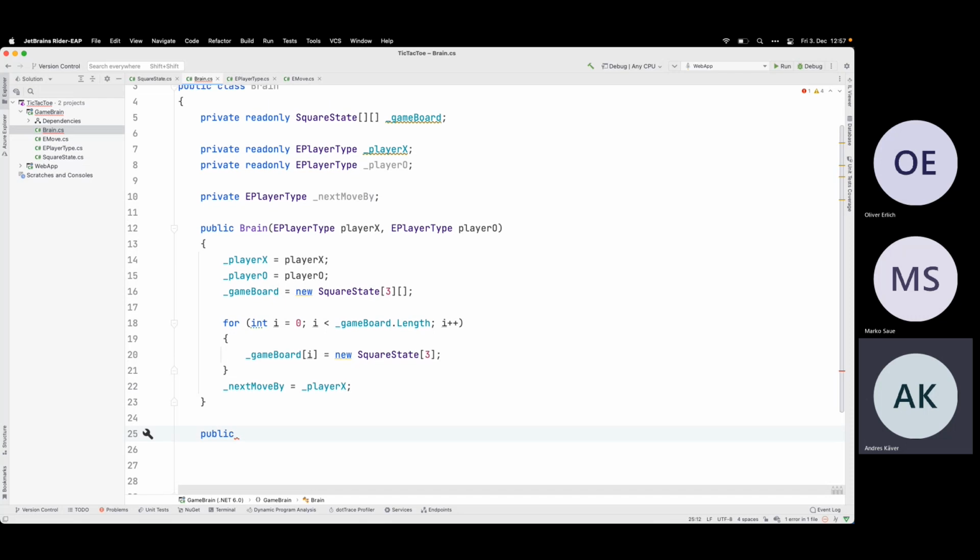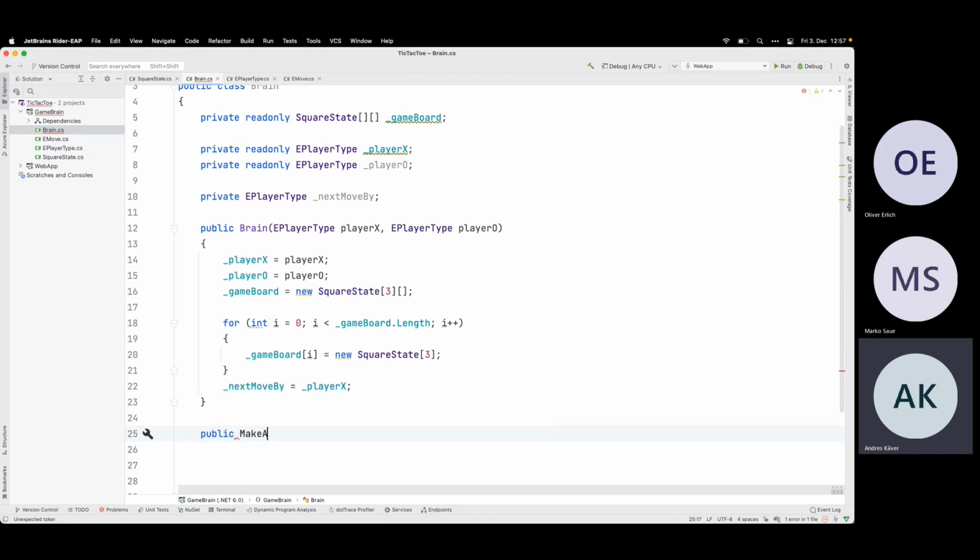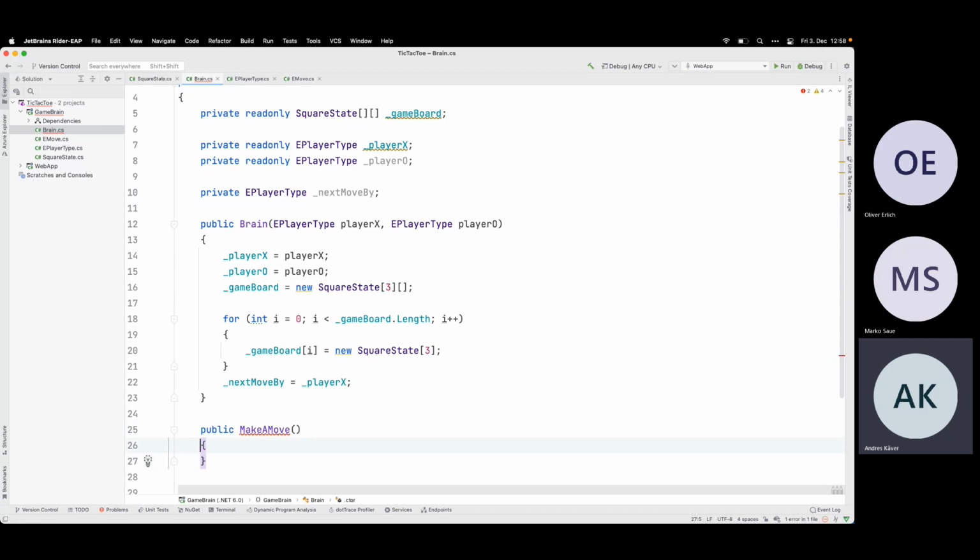So now I need to do what? Make a move. So it's an int x, int y.